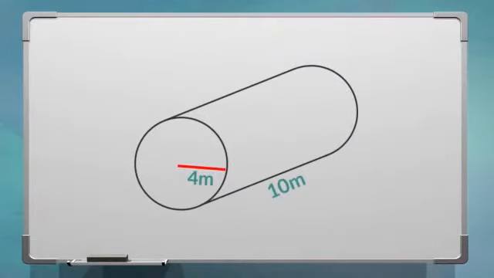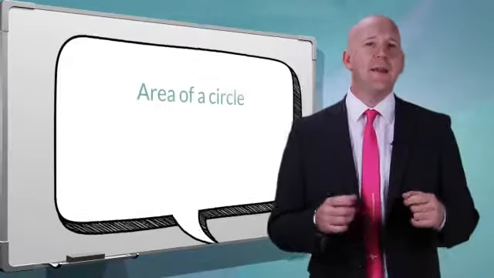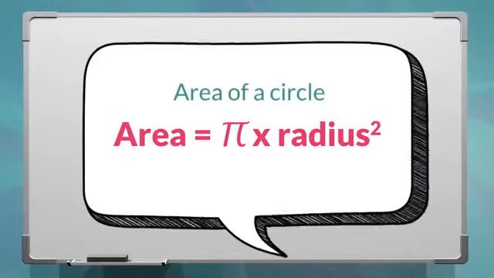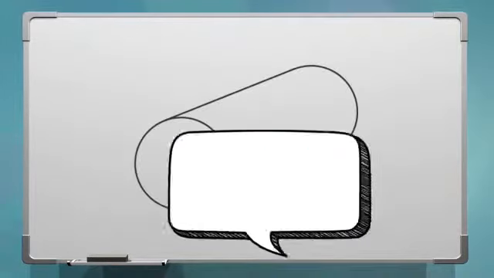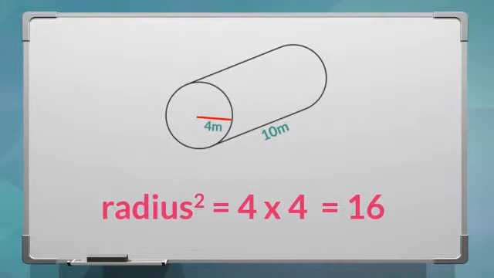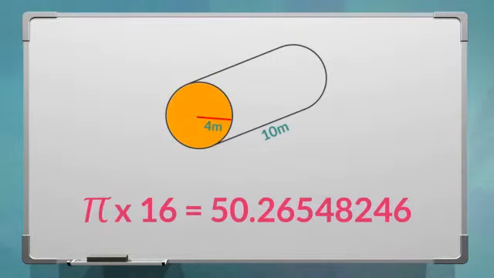This time, the cross-section is a circle, so the area is a bit trickier. See our video on circles if you have forgotten this. Hopefully, you can recall the formula for the area of a circle. So the radius for this circle is 4 metres. So we need to square this, giving 4 times 4, which equals 16. We then multiply the 16 by pi, and we get